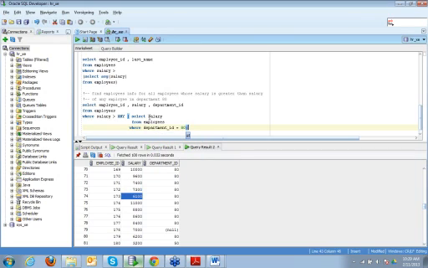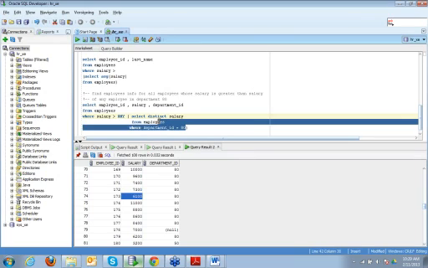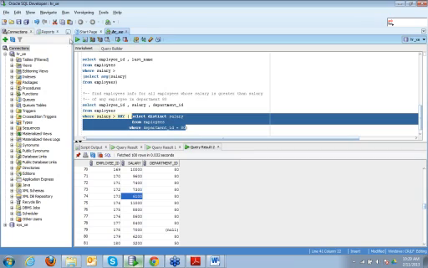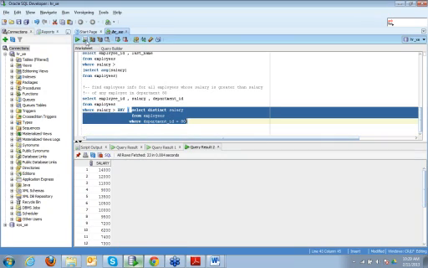And in these types of things, you can always add DISTINCT so that the values are not repeated. So if I run just the subquery, these are the distinct values of the salaries.